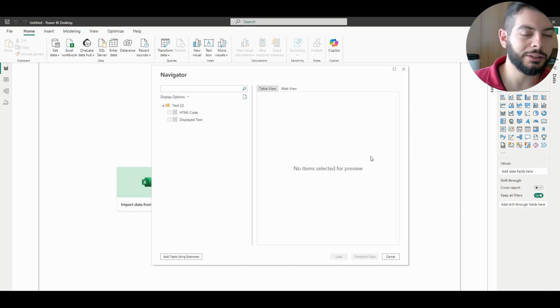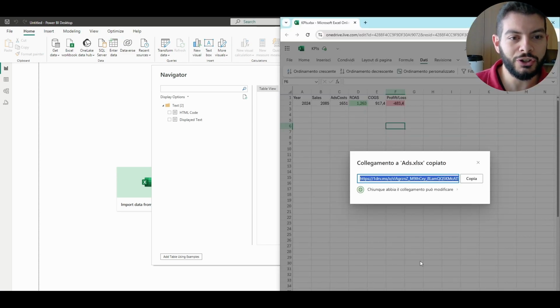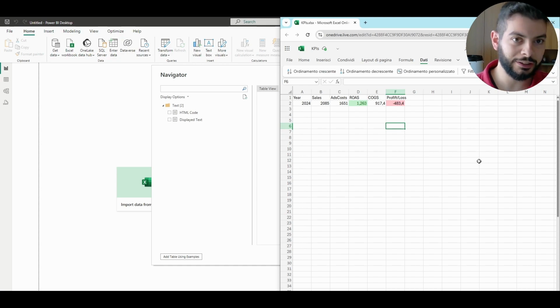Let me say that in the past, in other kinds of content, I said that one of the advantages of Google Sheets is that it has the function import range that Excel doesn't have. It is true. In fact, I also at that time used ChatGPT and so on to check this statement.